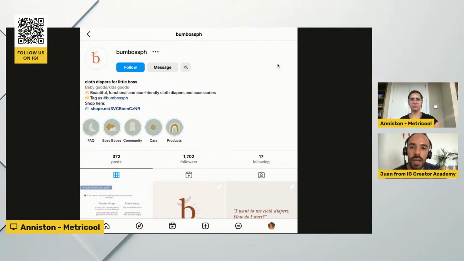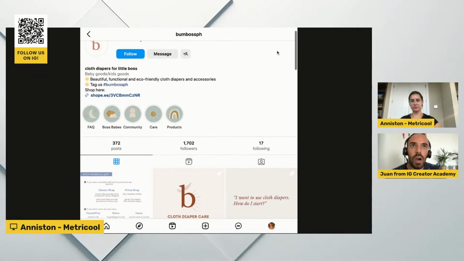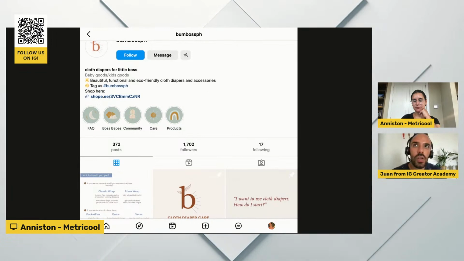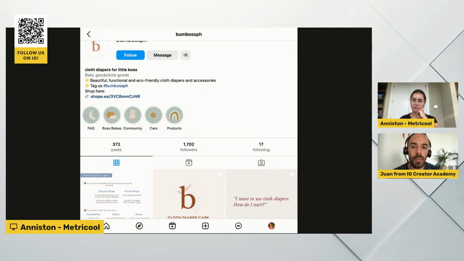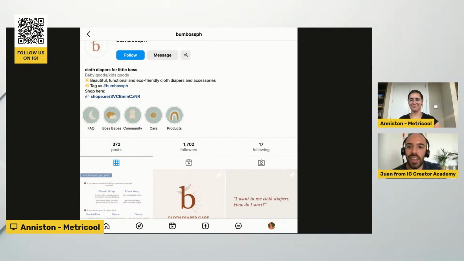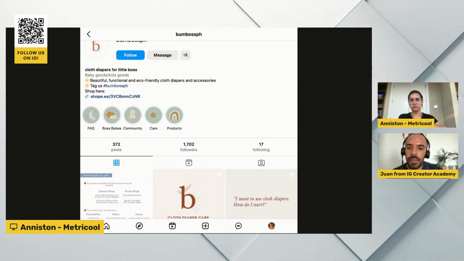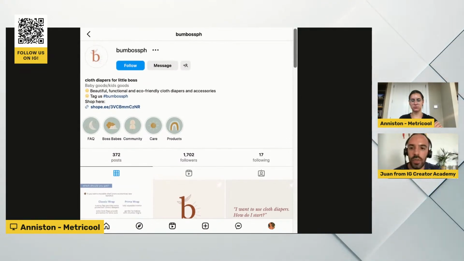For product businesses, maybe you could add how many babies you've helped, for example. But you can also add how many countries you are present in, or if you do deliveries, how many countries you deliver to, etc.